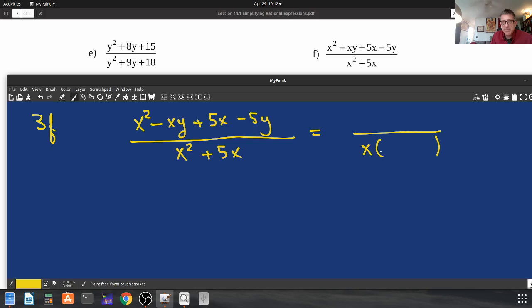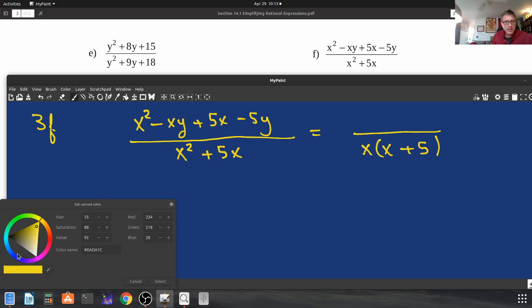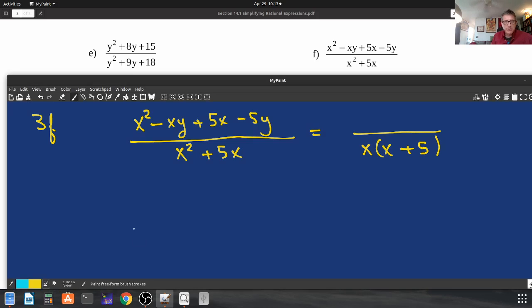X squared divided by x gives me x. 5x divided by x gives me 5. Okay, that's not so bad. So let's come down here and let's work on the factorization